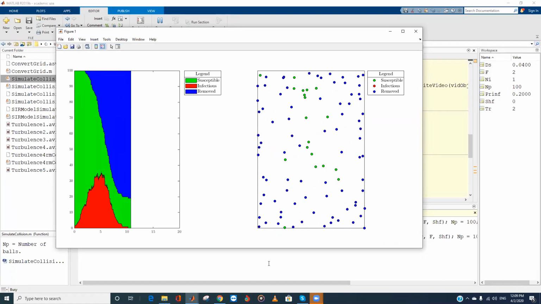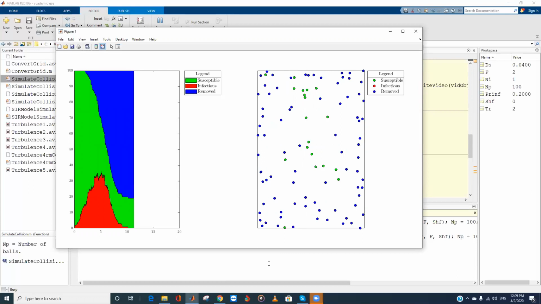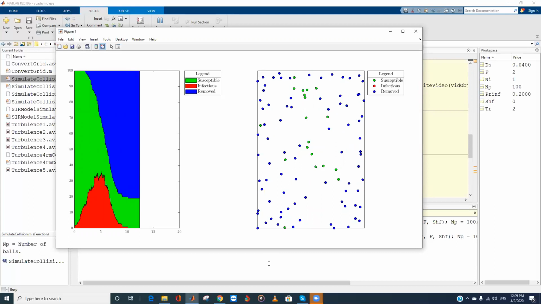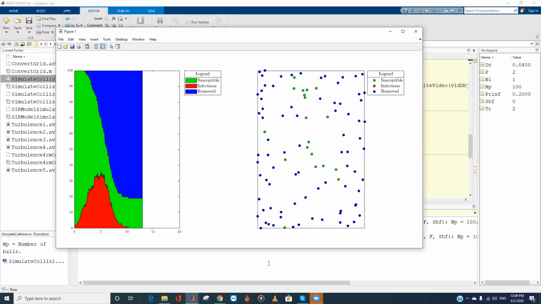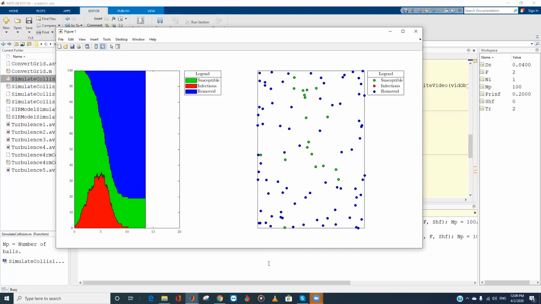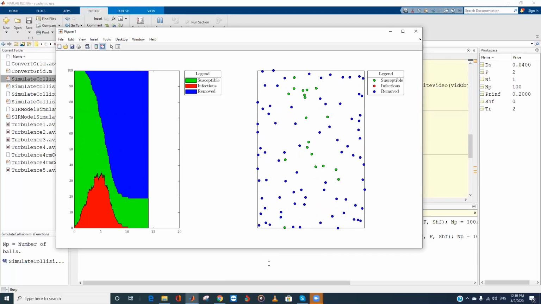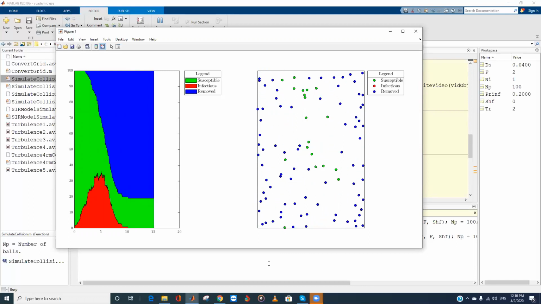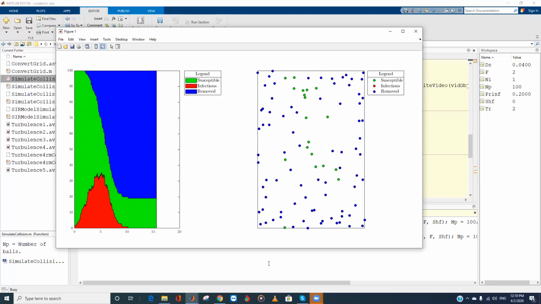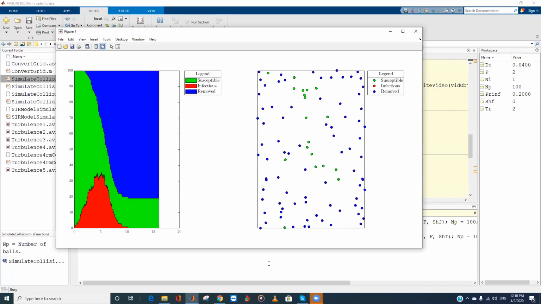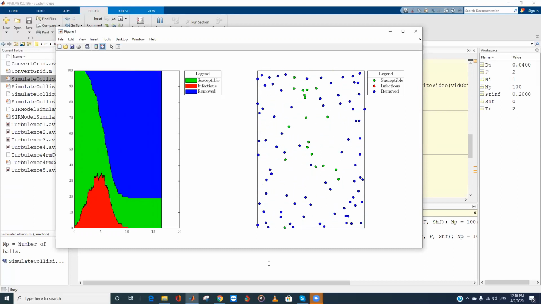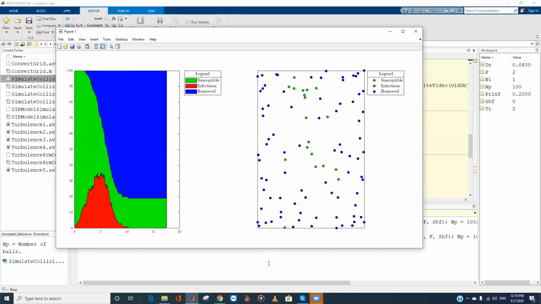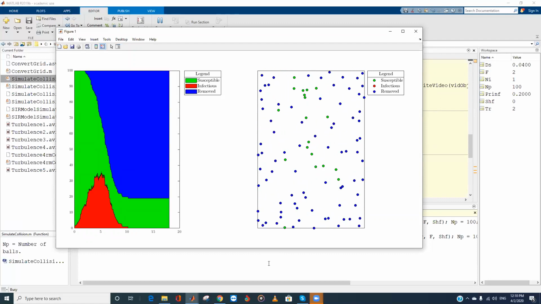So a lot of people remain uninfected because right now there is no more infection. I mean, a lot of people that were infected have now been removed. So we still have about 20% of the population that never got infected. In this case, there's something they call herd immunity. That is what we have now with this community. So there are still a lot of people that are susceptible, but they cannot become infected because a lot of people have already been infected and they have been removed, which means they can no longer get infected.